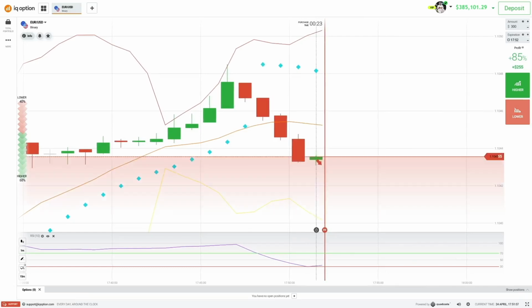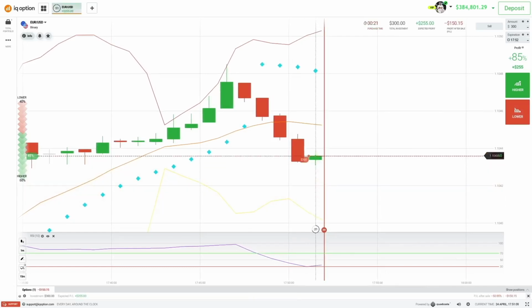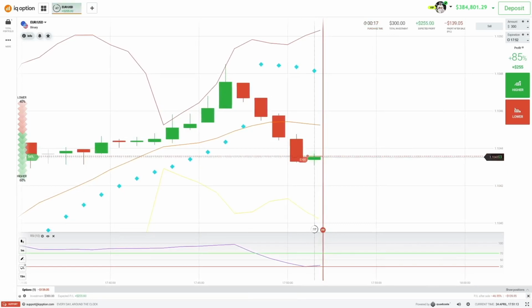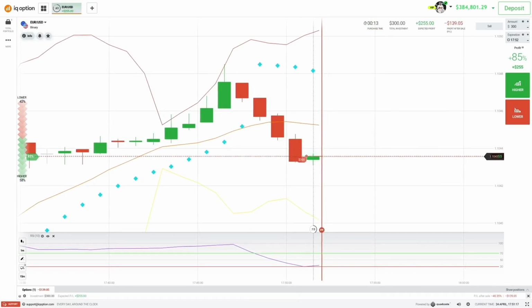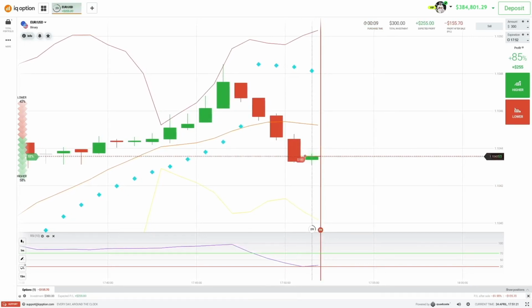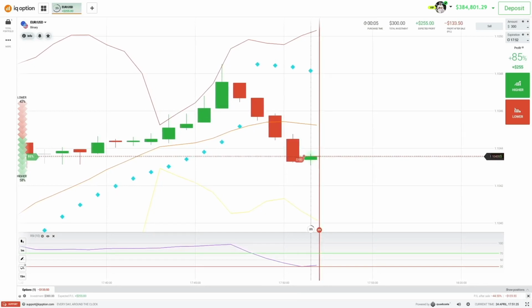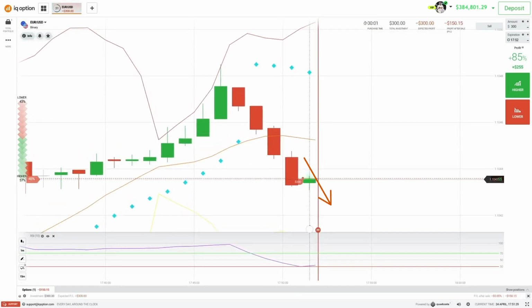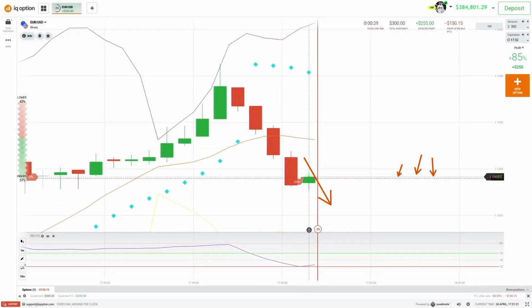Let's go. So here, guys, what I'm doing here, I'm investing on IQ Option, on binary option, and I guess I got a signal where I will make more than $1,000. So my prediction here is that the market will close under this level. So it's going down and it's closing under this level.